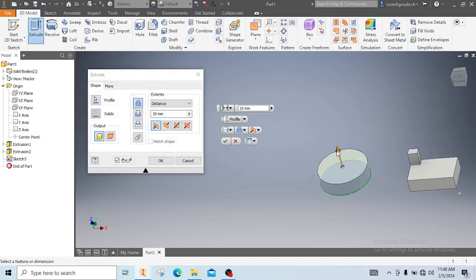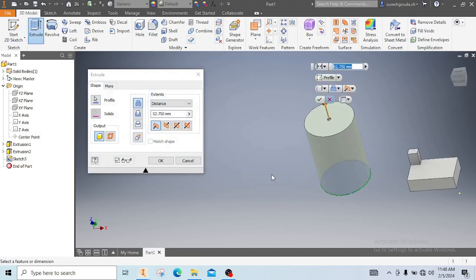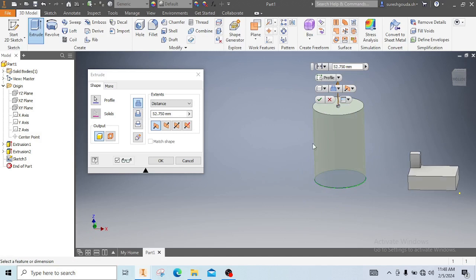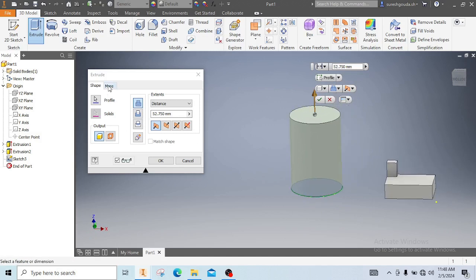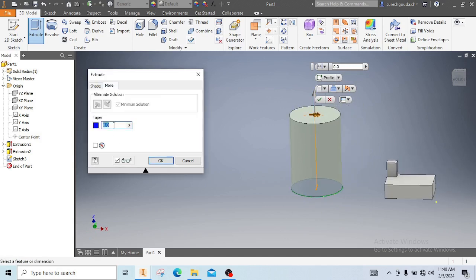Okay, by default it got selected. And now I'll go to more option here and enter a value of around 15 degrees angle. So now I want it smaller at the top, so I'll make it -15 or -10 is enough. Okay,